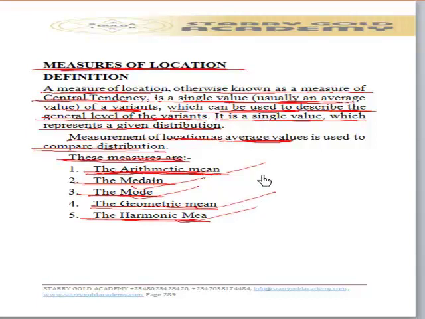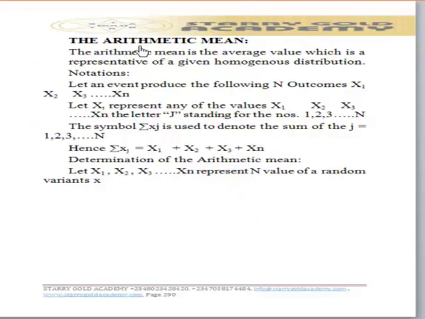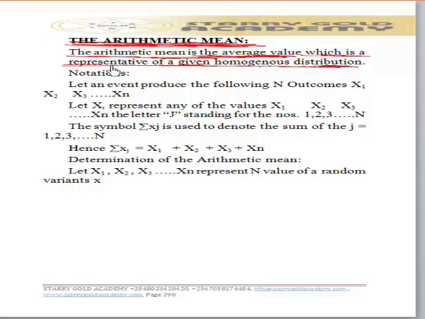Let's look at each of these measures one after the other and see how they can be computed when given appropriate statistical data. Let's begin with the arithmetic mean. When we talk about arithmetic mean in statistics, it is usually regarded as the average value. For any given statistical data that requires the computation of arithmetic mean, we simply need to compute the average value of such data, and this is expected to be representative of a given homogeneous distribution